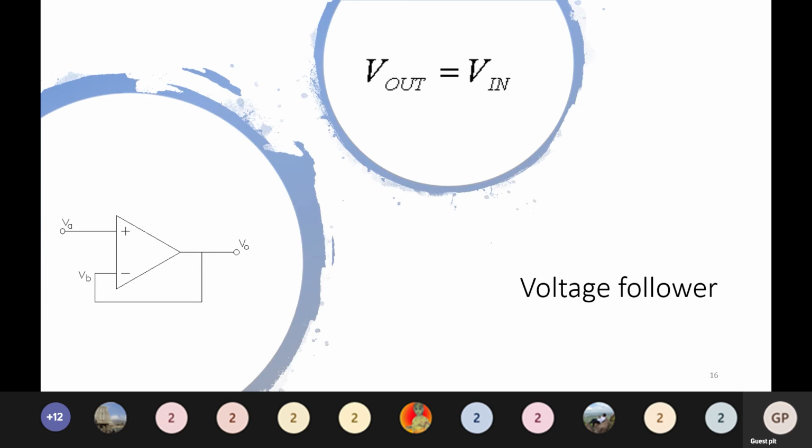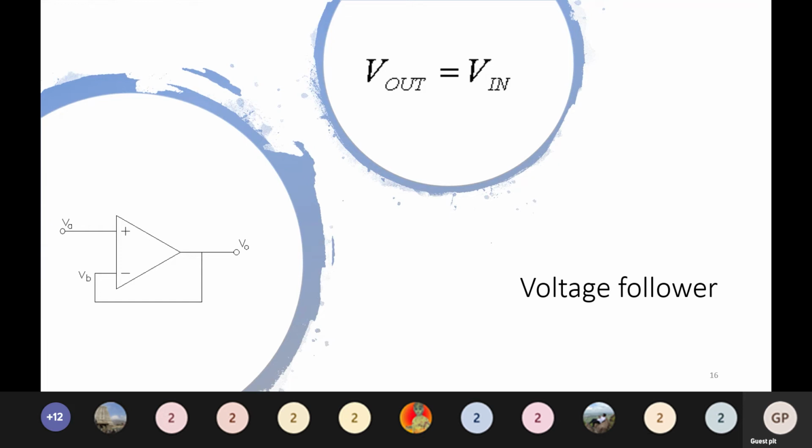And the main application of this non-inverting amplifier is the voltage follower. The voltage follower is nothing but a buffer. It means the output follows the input. You will not have anything done on the signal here. The input and the output will be the same. And then what is the purpose of this voltage follower? As I said, it will just act as a buffer. It means whenever there is an impedance mismatch, we can use this voltage follower to match the impedances at the input side and at the output side.